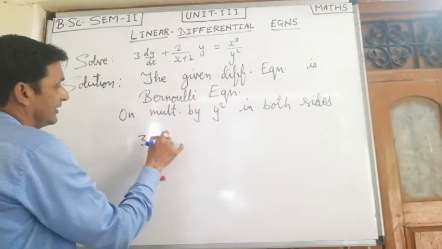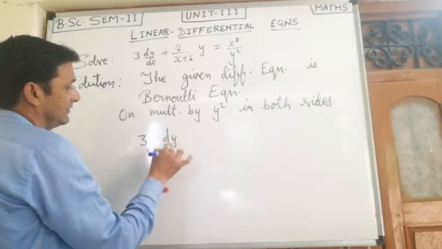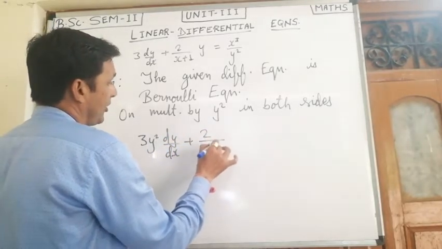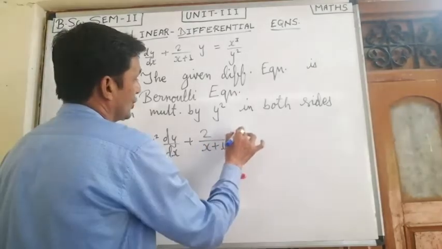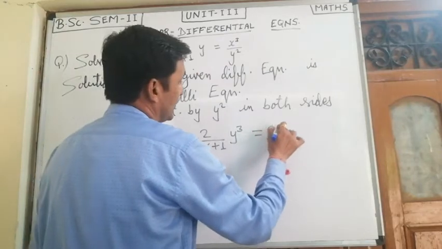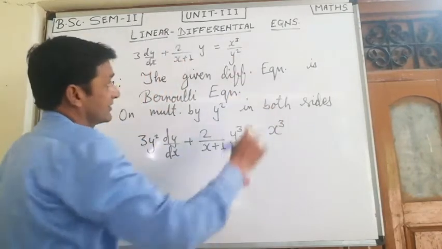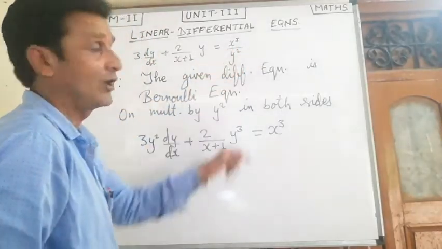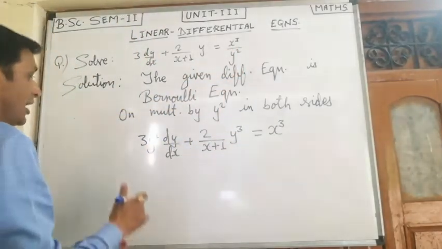3y square dy by dx plus 2 upon x plus 1 into y cube. Y square into y is y cube is equal to x cube, because this y square is when multiplied in RHS, then y square of denominator will be cancelled. Now